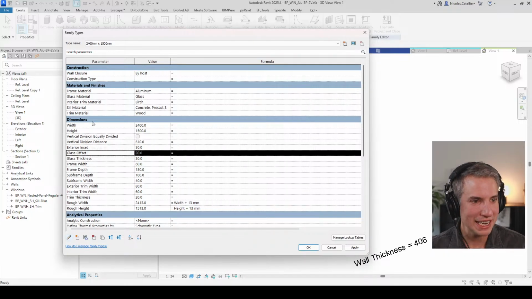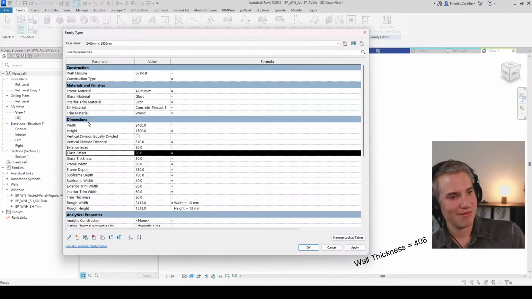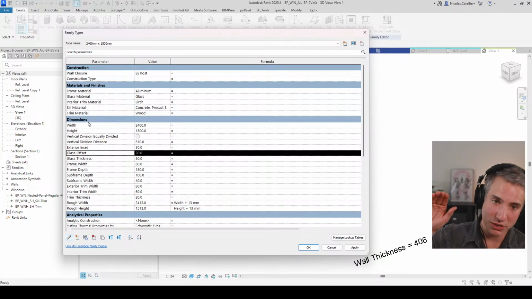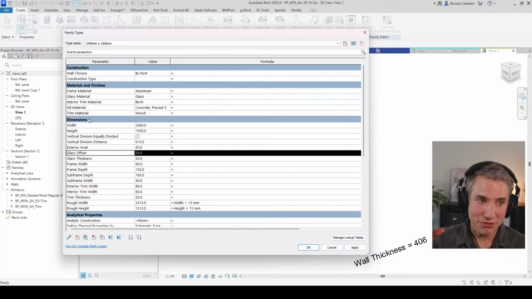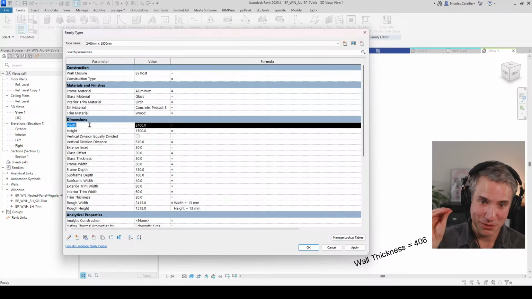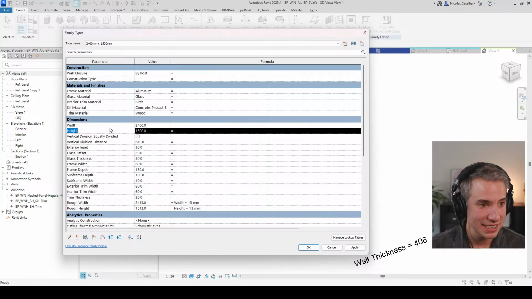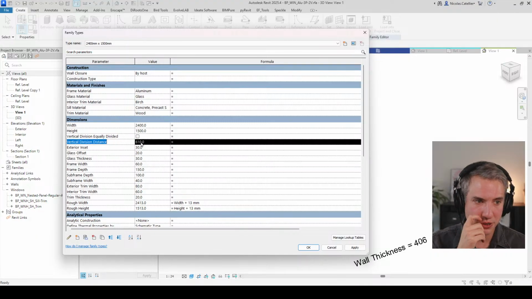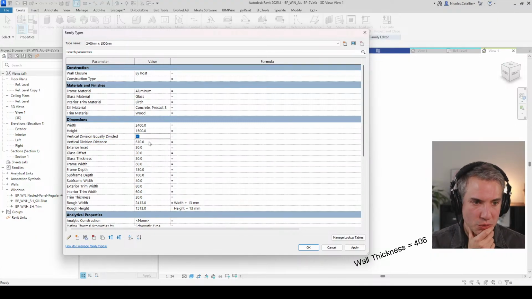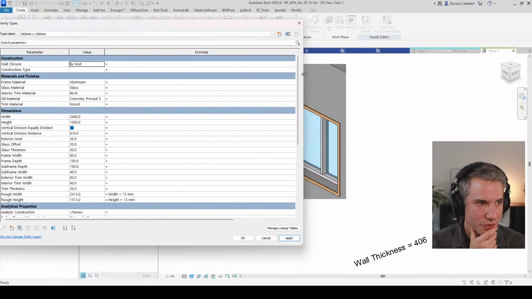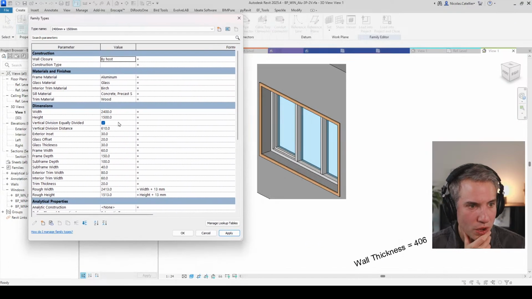And then those that I keep in dimensions, I like to have a clear hierarchy. So I always start with the most important dimensions. So if it's a window family, you better put width and height first because these are the most important dimensions. And then I try to follow certain logic. The next one is the vertical distance. So in this case, for example, we have a checkbox where we can make the vertical distance of the family equal, else